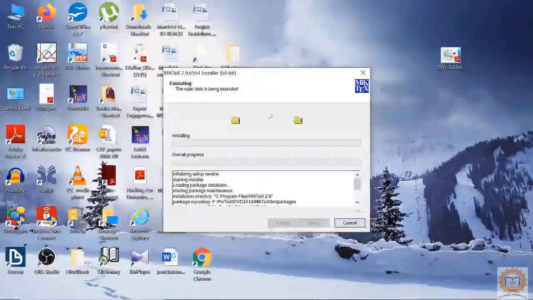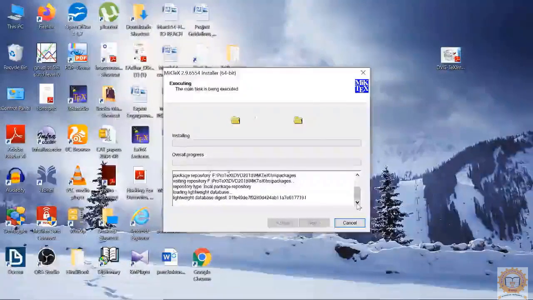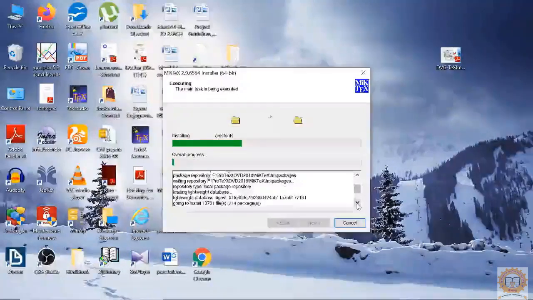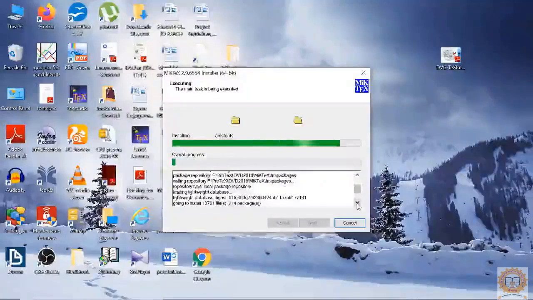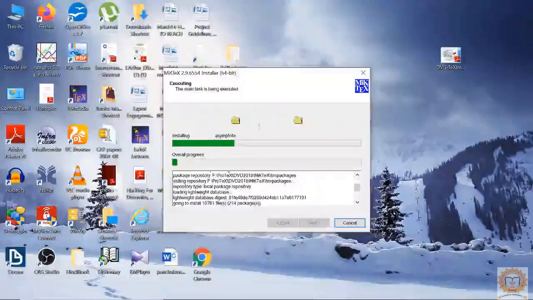You see, it started installing. While installing it looks like that. All the packages that are being installed, see, Asymptote is also being installed on the system.